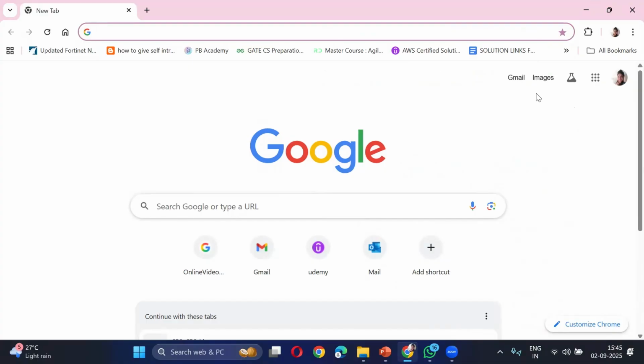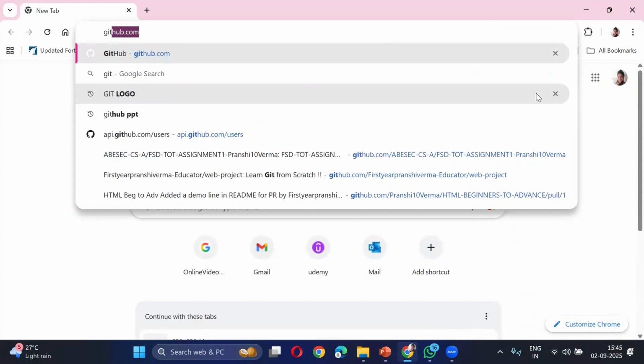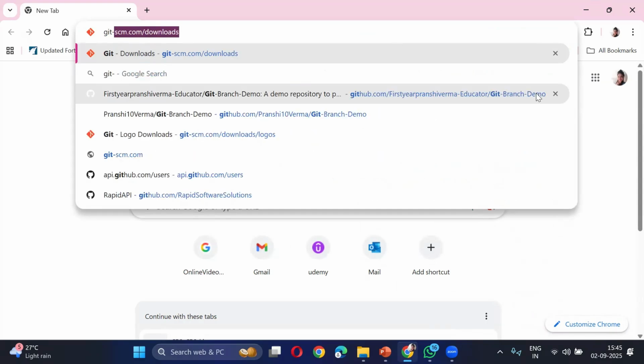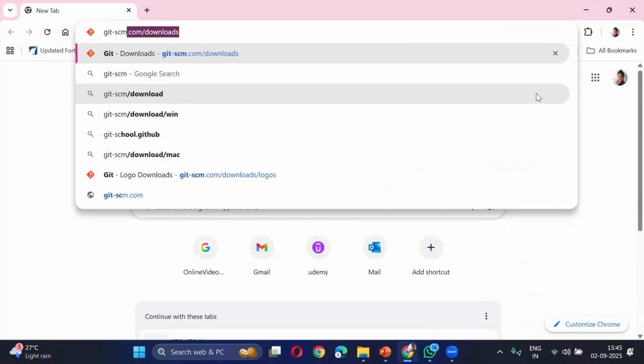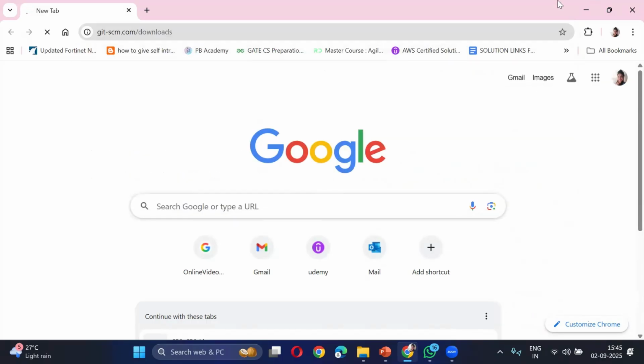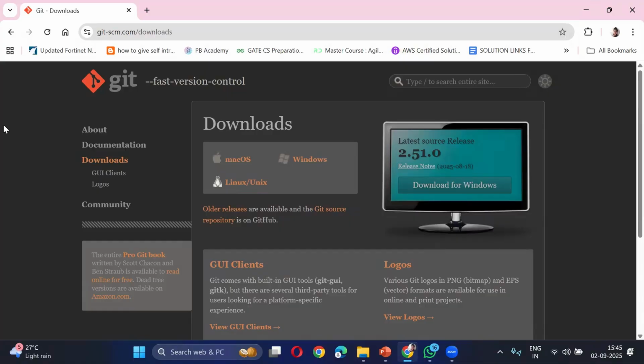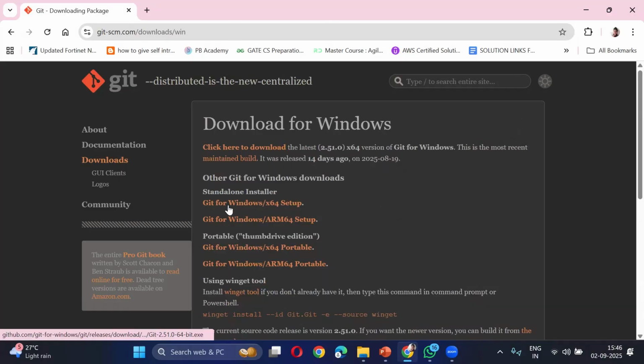To download the Git tool, just open your web browser and enter the term git-scm. Press the enter button. You will get this kind of screen. Here, three options are available. First, we have macOS, second, we have Windows, and third, we have Linux/Unix. I'm currently using the Windows operating system, so I'm moving with Windows. Just click on that. Here, a link is available: Git for Windows x64 setup. Click on this link